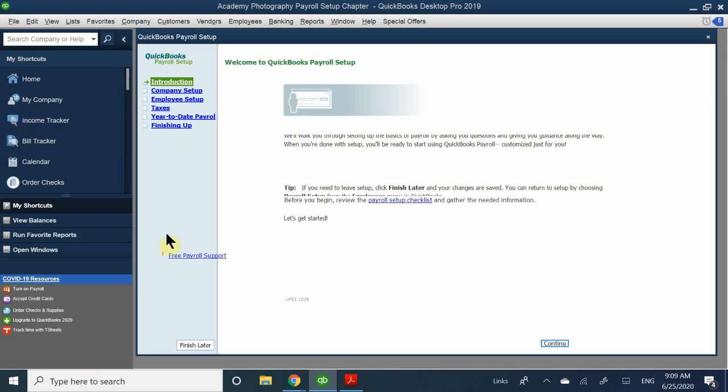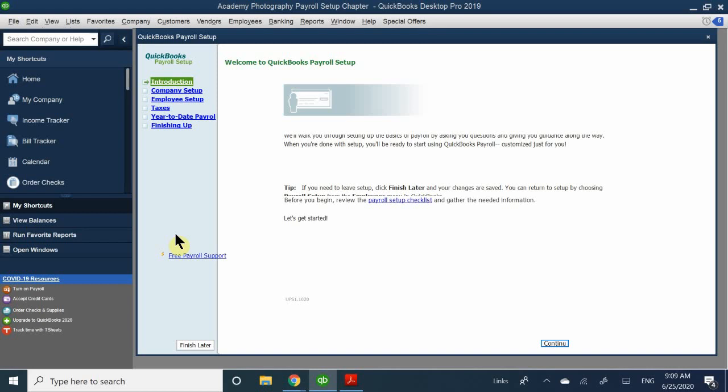So this is what we're going to be spending the rest of the day doing, is just completing this entire payroll setup interview. Okay, so your book, and I also think that this is very similar to setting up your company file. You're just going to answer all the questions, and it's supposed to help you create your payroll